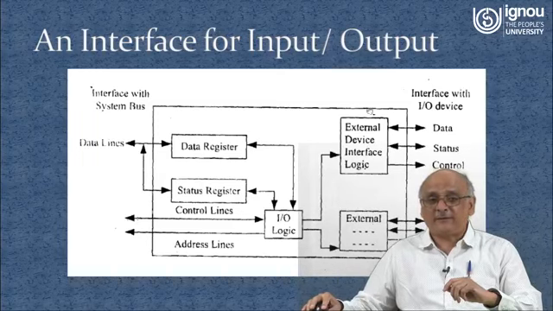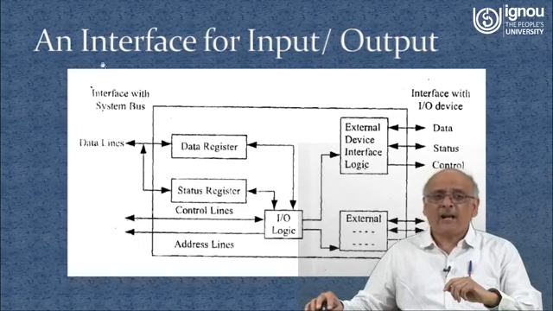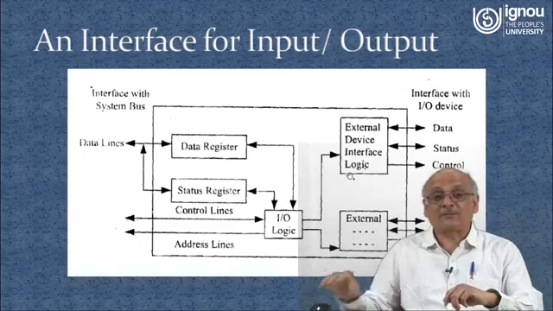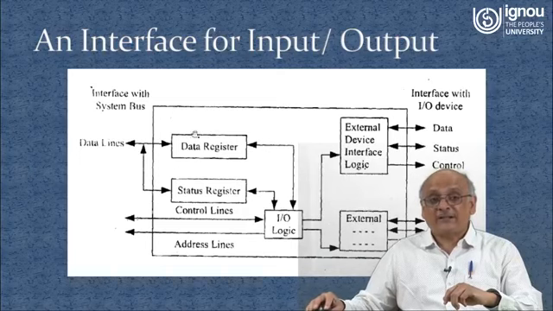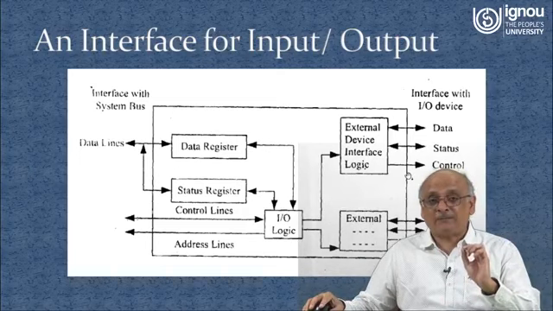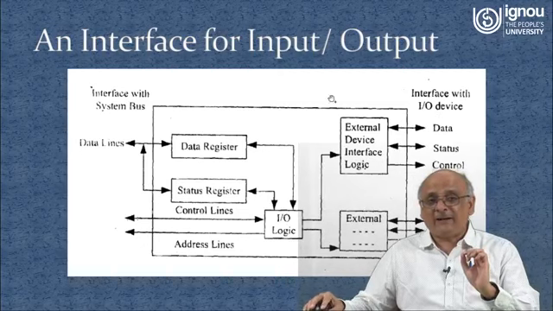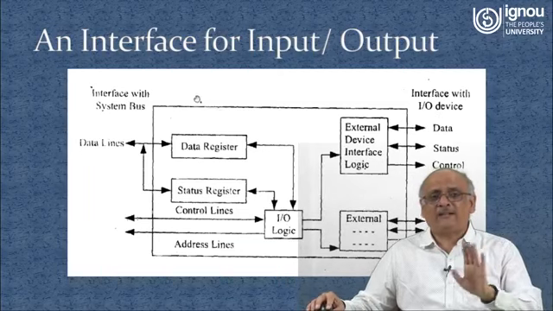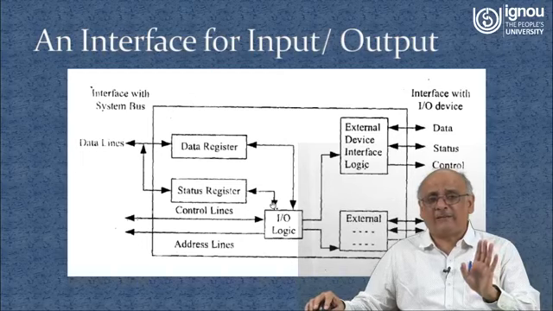Suppose the printer started printing the job and finished it; it will communicate that to the IO interface, and in turn the IO interface will return this information to the CPU, which will tell you your job has been printed successfully. So this interface is responsible for communication between the two, and the CPU doesn't have to bother about the printing device. It doesn't have to wait for the printing device to finish.